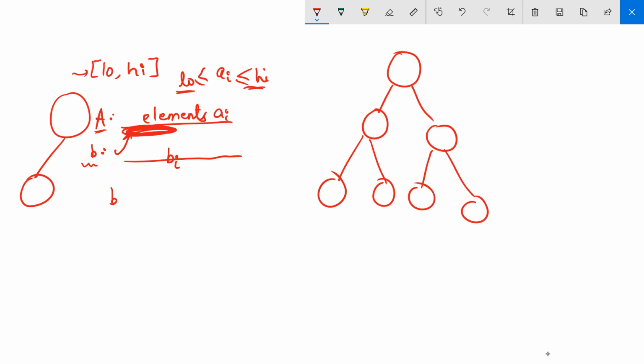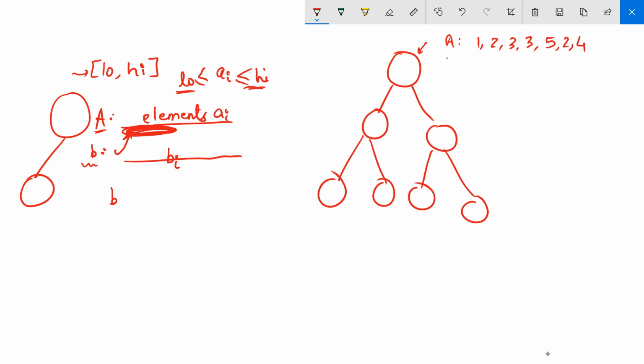Now we will talk about how we fill in all these values for each node. If you consider the root node, it has all the array elements. Let's say it has 1, 2, 3, 3, 5, and let's say 2 and 4.